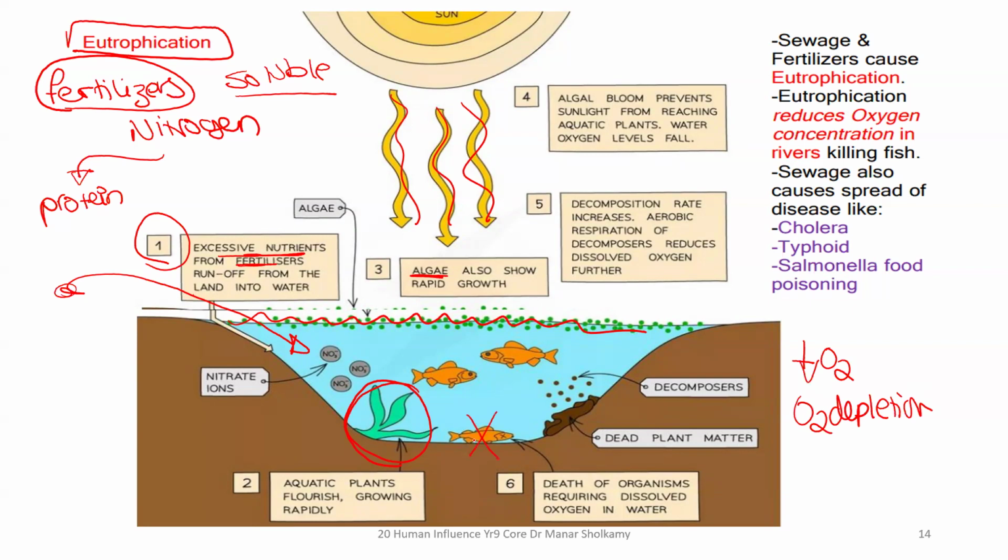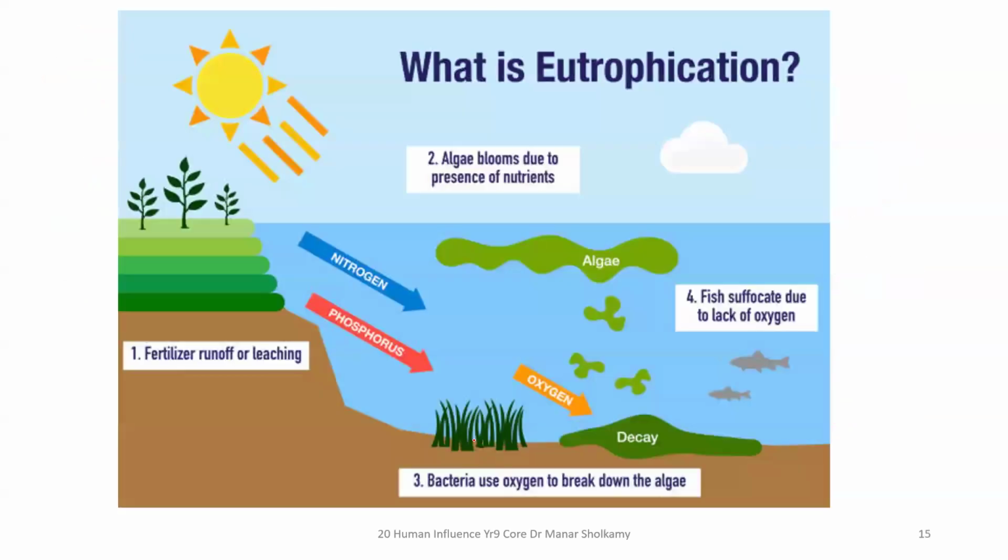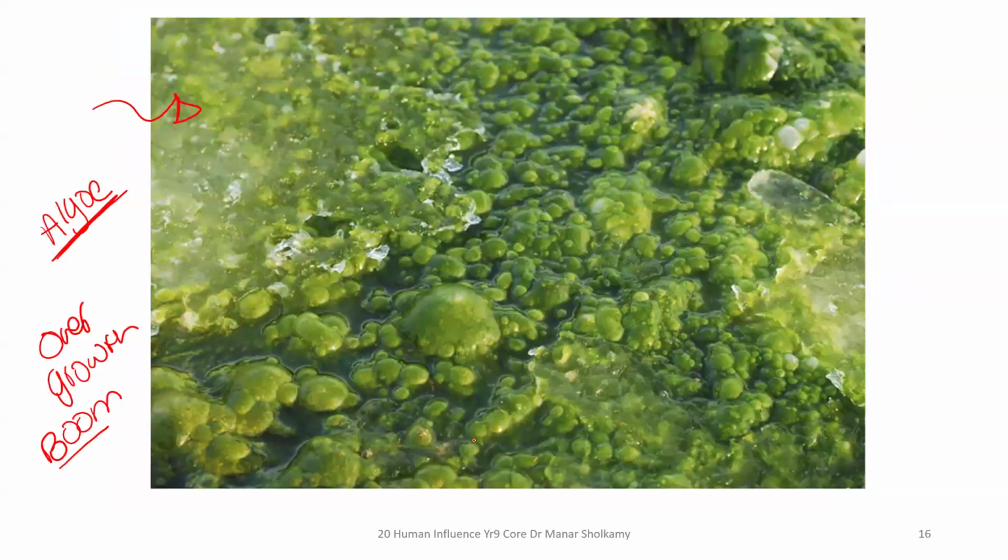And the fish will be decomposed. And with time, plants will die, fish will die, no oxygen in the river. And the river is going to slowly change from a nice, beautiful river into an ugly green meadow that is full of algae with no fish and no life. This is eutrophication.